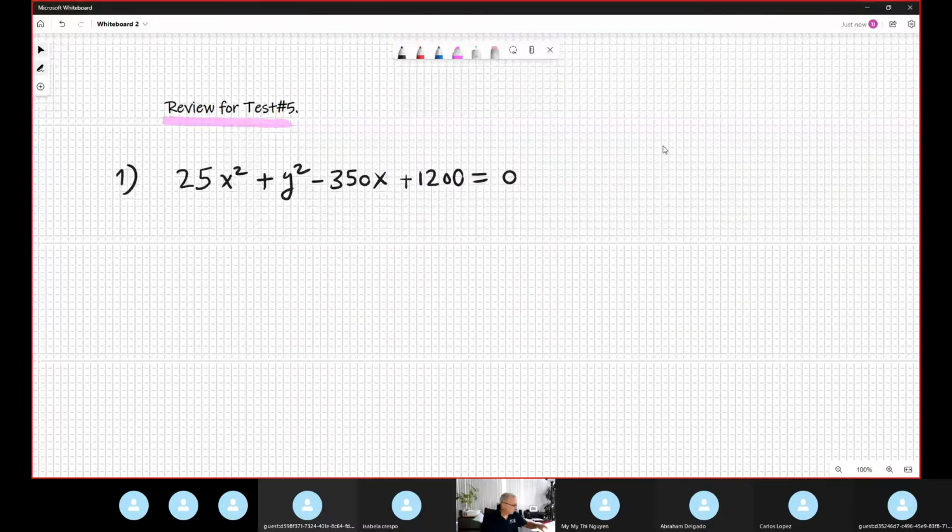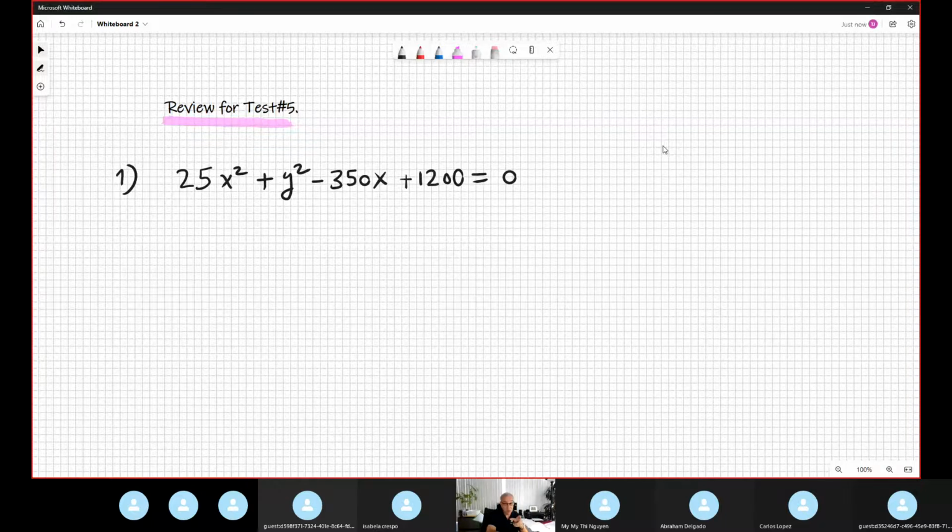So the organization for this equation is, remember, we need to complete the square because this equation is not expressed in the standard form. To understand this much better, I am grouping the x part. In this case, I see that 25 is a greatest common factor: 25 times x squared minus something, and 350 divided by 25 is 14, so 14x, plus the number I need to complete the square,